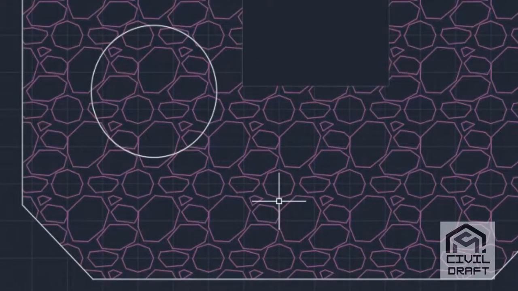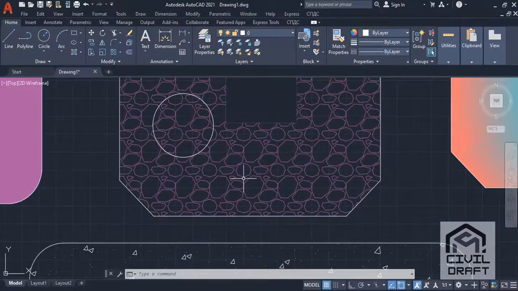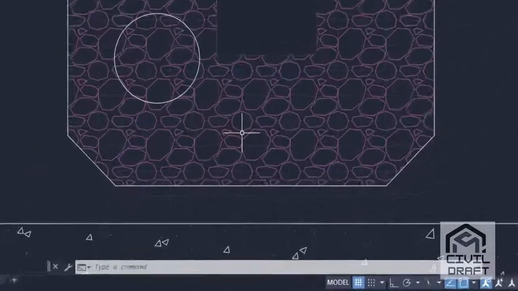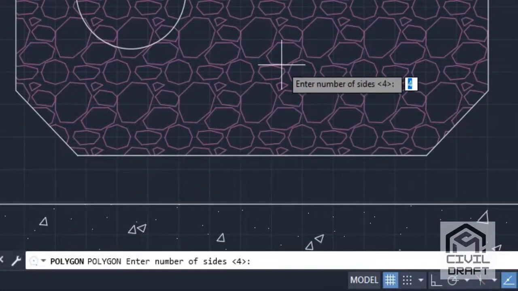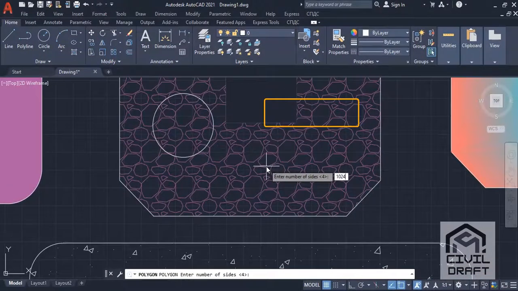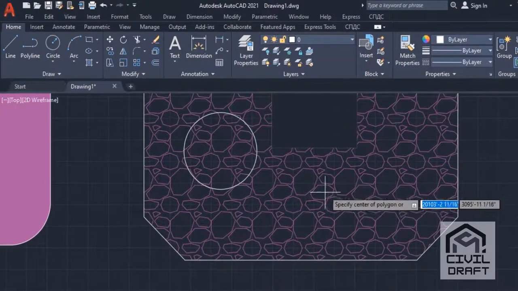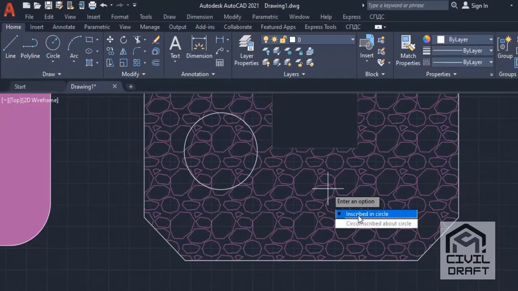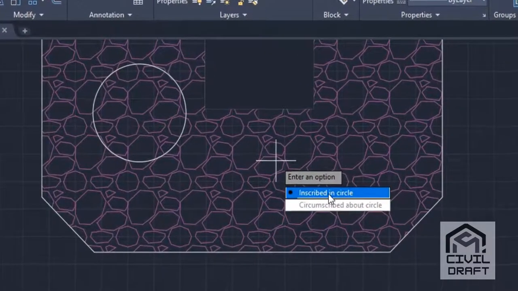Okay, in this situation you have to make a circle with a polygon. I'll show you here. POL, enter. Here I'll enter the number of sides as 1024, as it is the maximum number of sides that can be specified in a polygon. Enter, give a center. Either you can do inscribed or circumscribed, whatever.